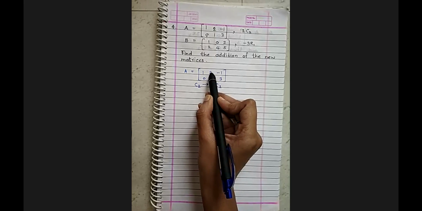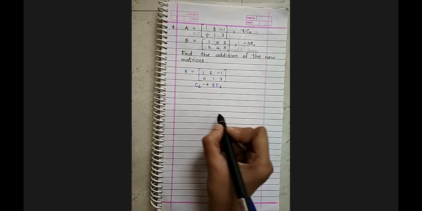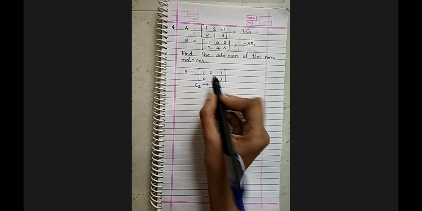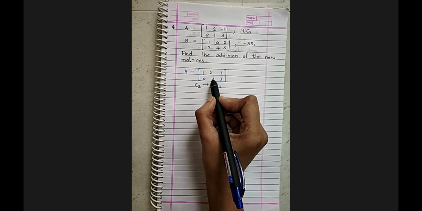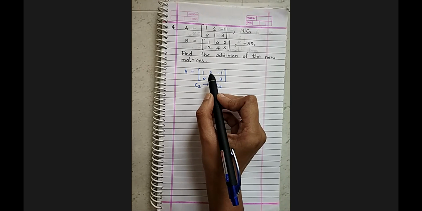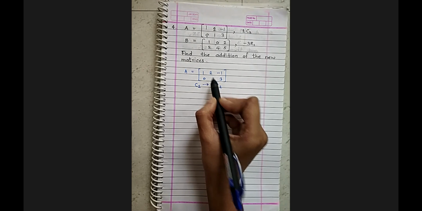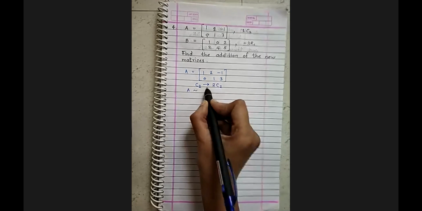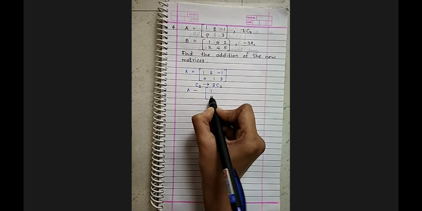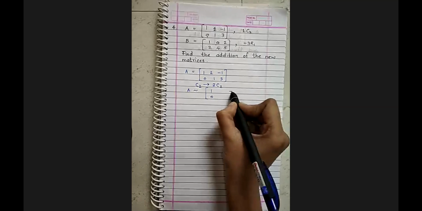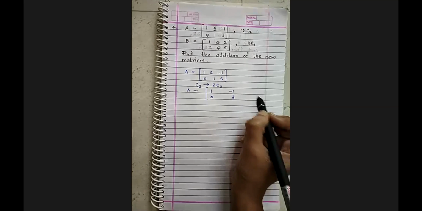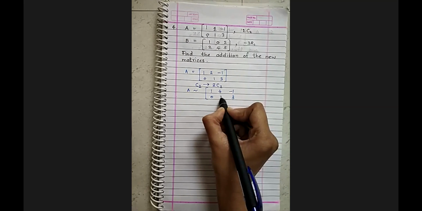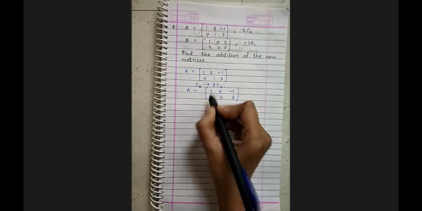If you multiply over here, there's no need of writing each and every step. If you know, you can directly do it. So 2 times C2, that means these are the column 2 elements, 2 and 1. You have to multiply 2 to it. 2 twos are 4 and 2 ones are 2. So the transformed matrix will be: your first column will be as it is, your third column will be as it is, and your second column will become 4 and 2 after doing the transformation.